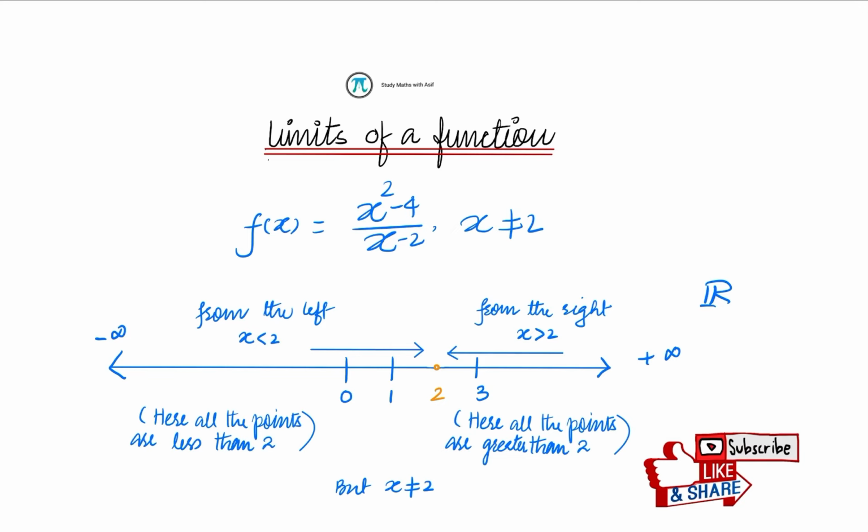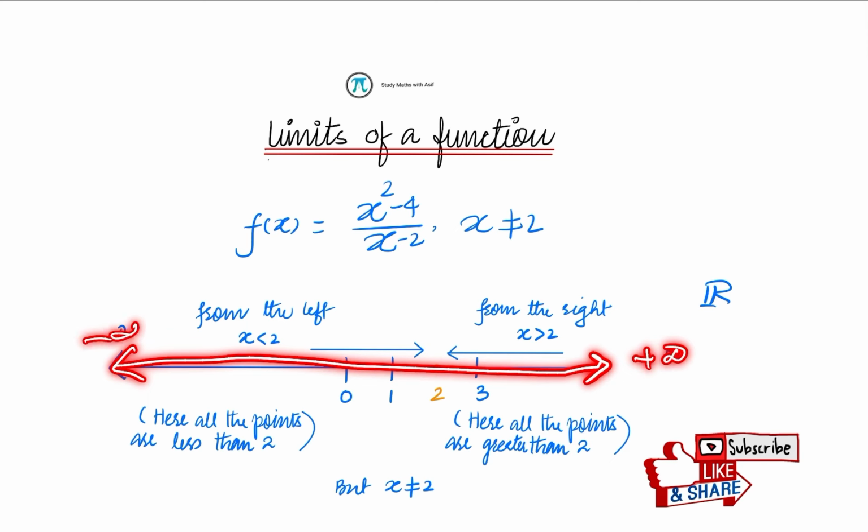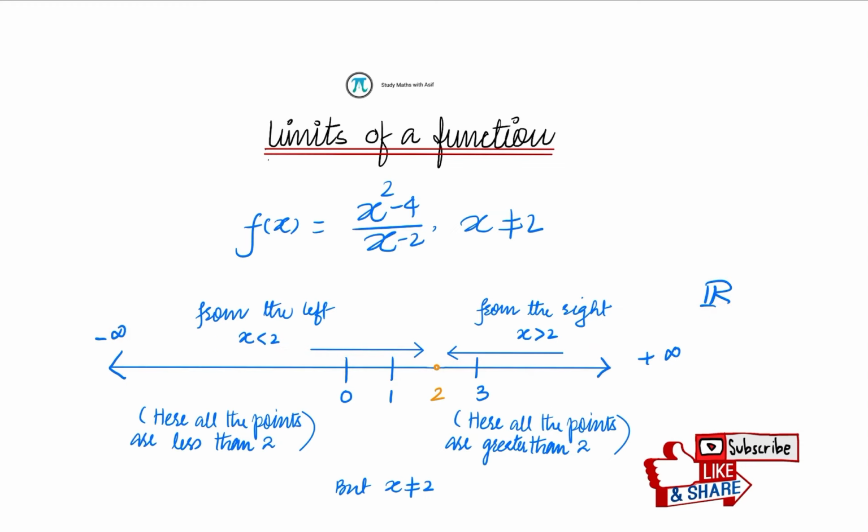Let us understand this with the help of the following demonstration. So now I draw a number line. Whenever we talk about limits, the real line is our friend, right? This is the real number line. We draw it in this way. You see it is plus infinity and minus infinity, and this is a real line, which I have drawn already in order to save time. The function is defined for all values from here to here and here to here, but the function is not defined at 2 only. So I have punctured the line at 2, which is in yellow color.